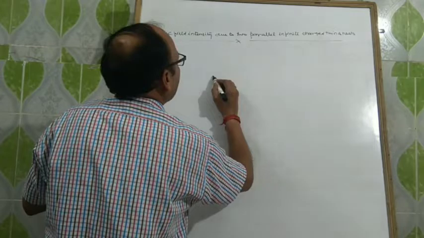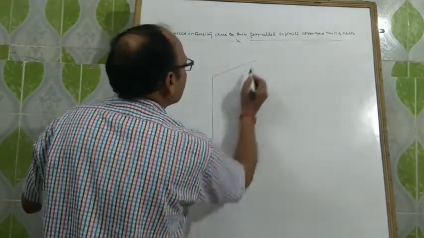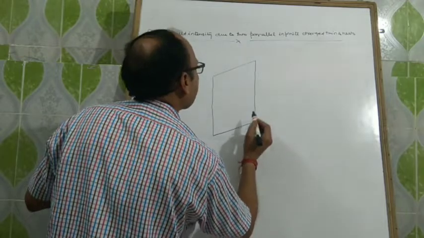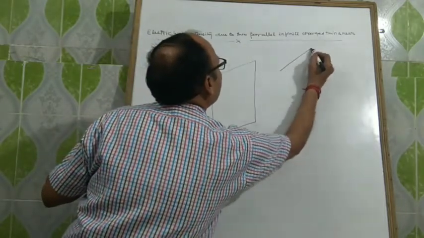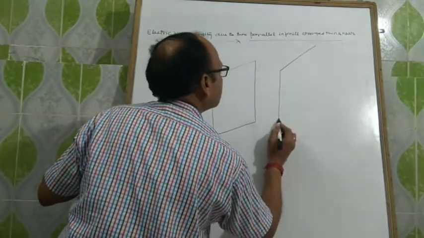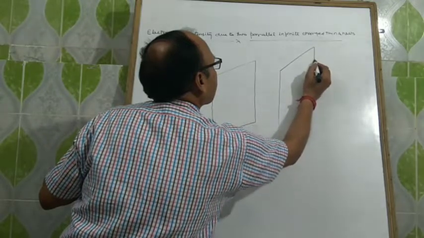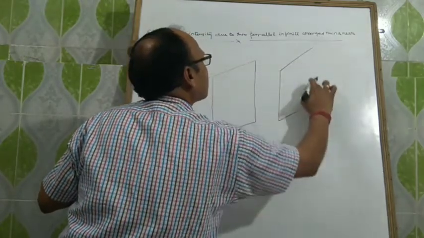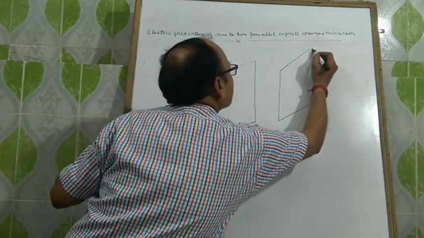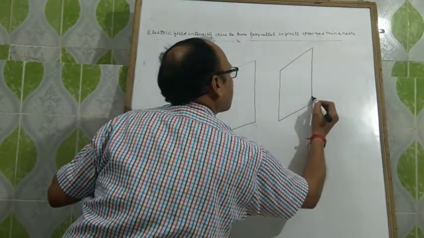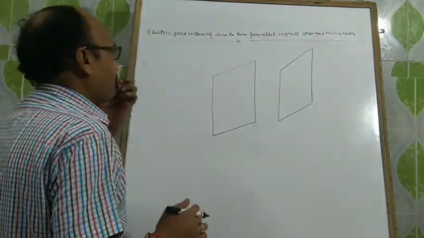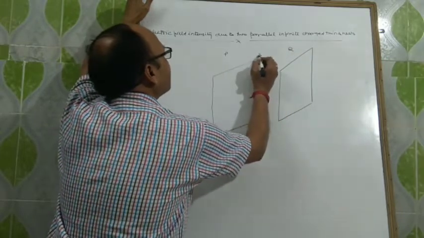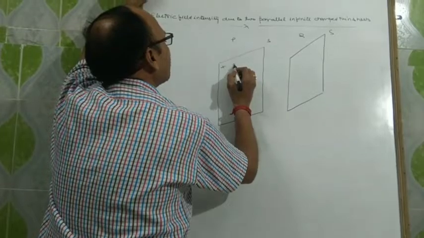So we are taking two parallel sheets. Suppose this is the sheet P and this is the sheet Q. Both have the same surface area S